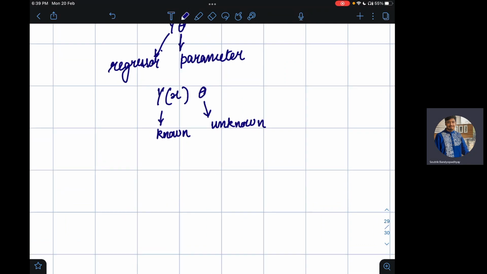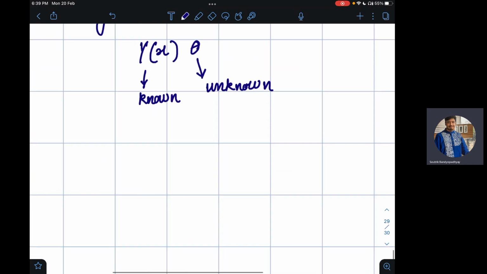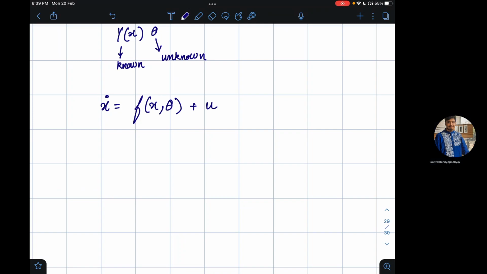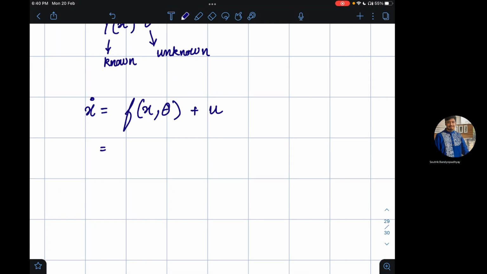Now suppose this kind of parameterization for an unknown dynamics or unknown system was not possible. So for example, I have a very simple case of, let's say, x dot is equal to some function on x and theta plus u, right? So for an example, I can write,